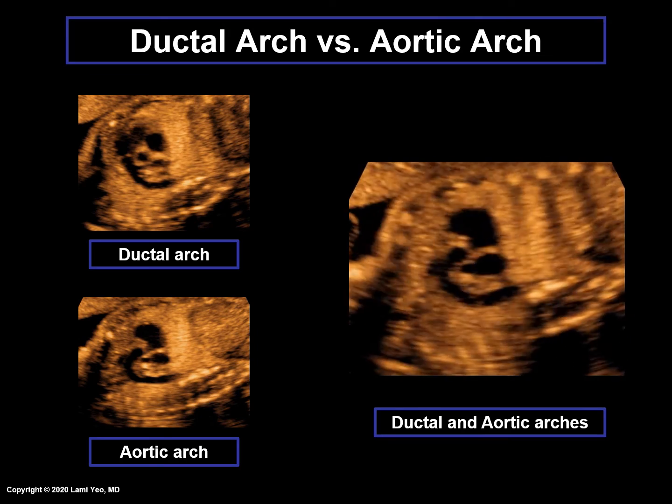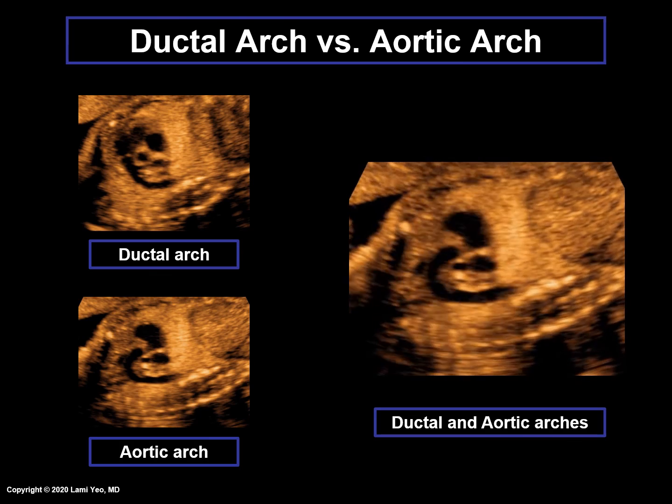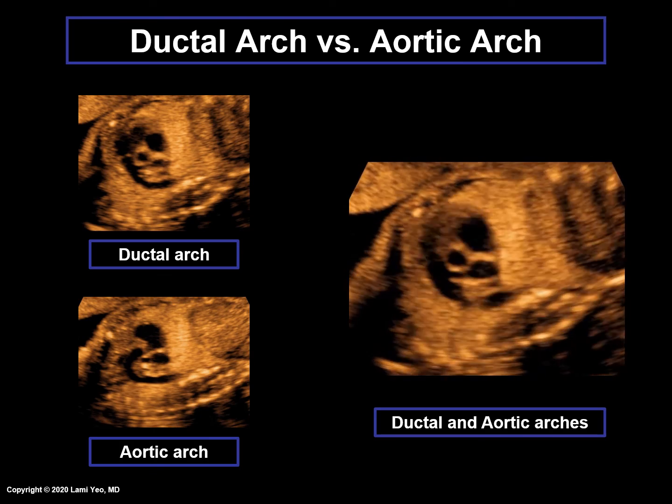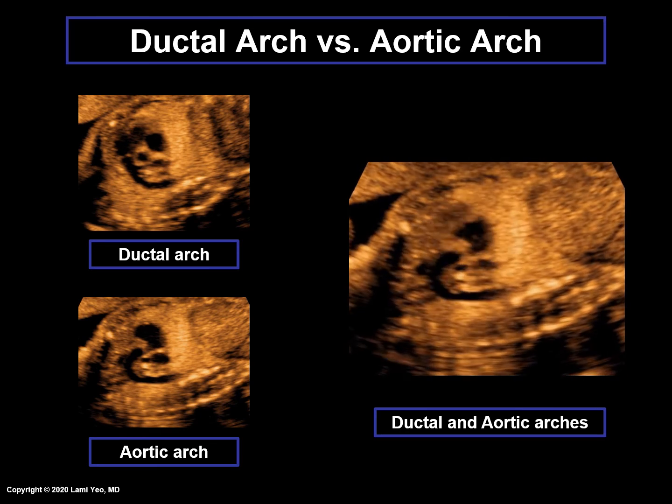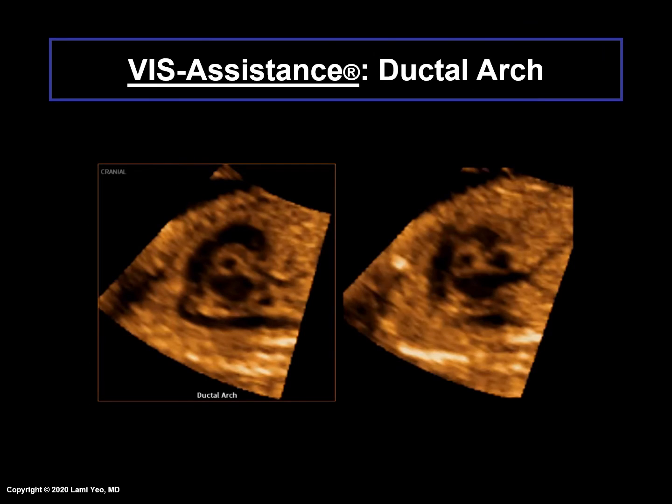Fortunately, using the FIND method, both ductal and aortic arches are automatically generated and displayed separately as different cardiac views. In addition, one benefit of the ductal arch VISA is that sometimes the difference between the ductal and aortic arches will be shown automatically during the video clip. In the diagnostic plane image on the left, the white arrow actually points to the transverse portion of the aortic arch and not the true ductal arch.